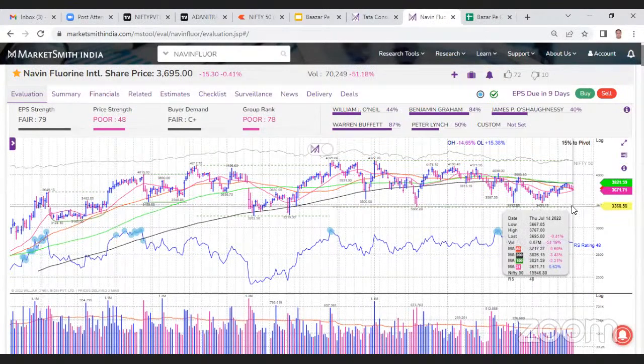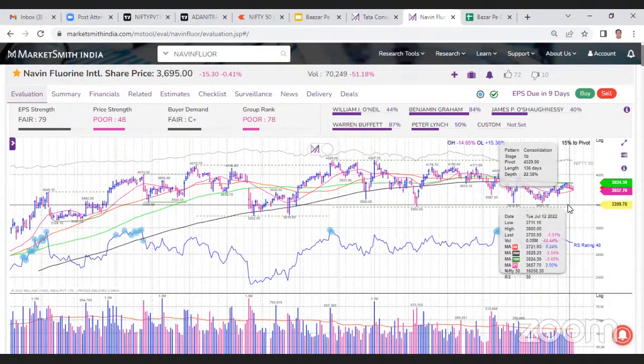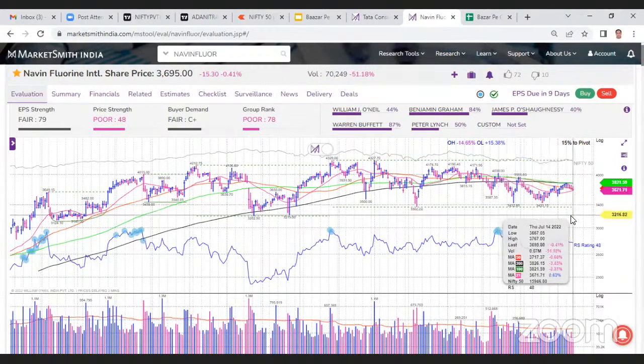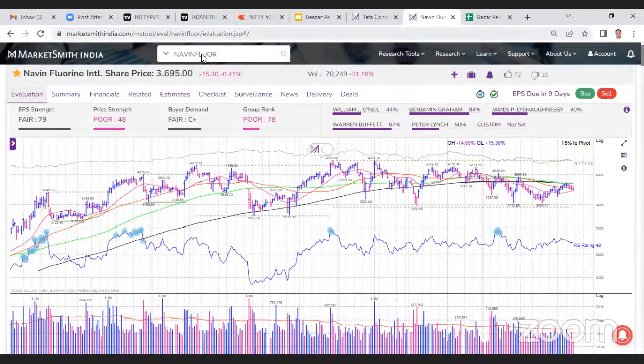Again, if you look at the trading pattern of the past 4 days, that is also not so great, because the stock is closing on a negative note each day in the last 4 days. So I think a fresh call can only be initiated once it reclaims its 200 DMA. Then the next is